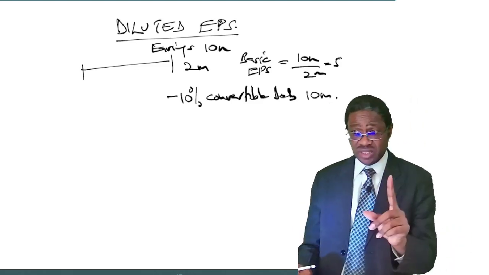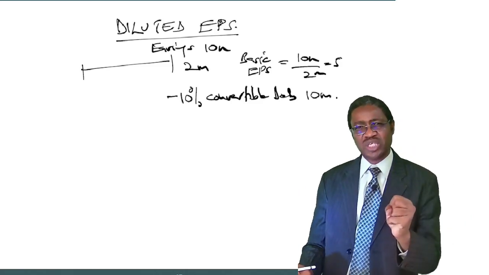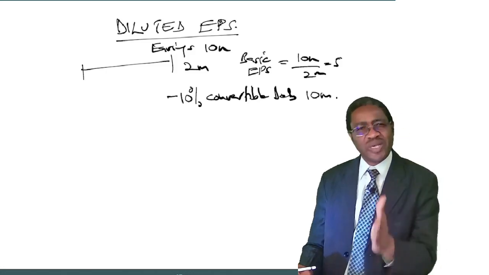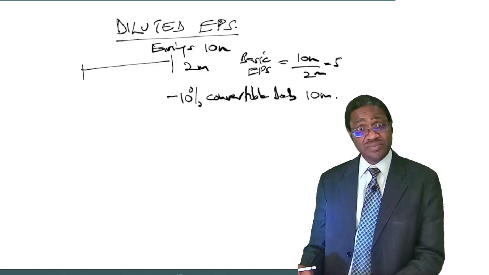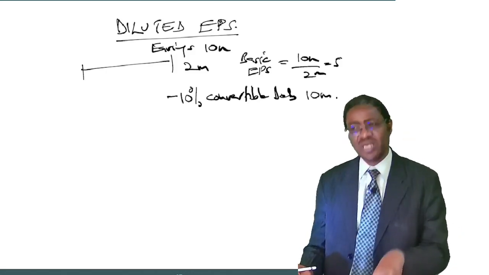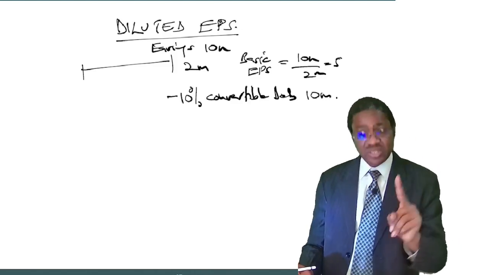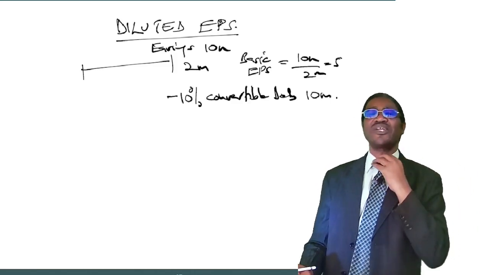We said, if your basic earnings per share is 5 and by the end of this year your company still has a convertible debenture, then suppose the debenture holders had converted their debentures the moment you had issued them,